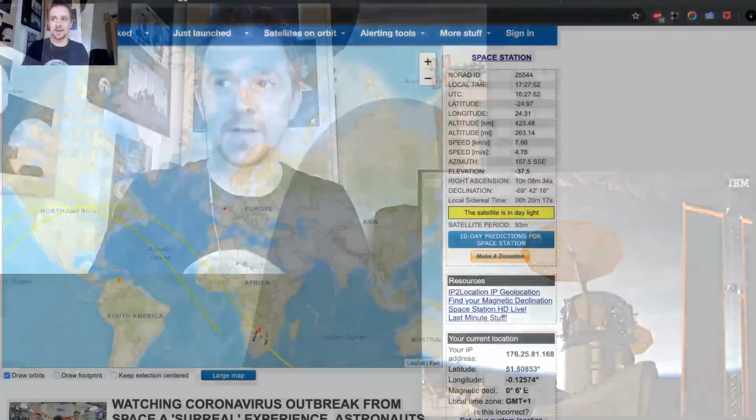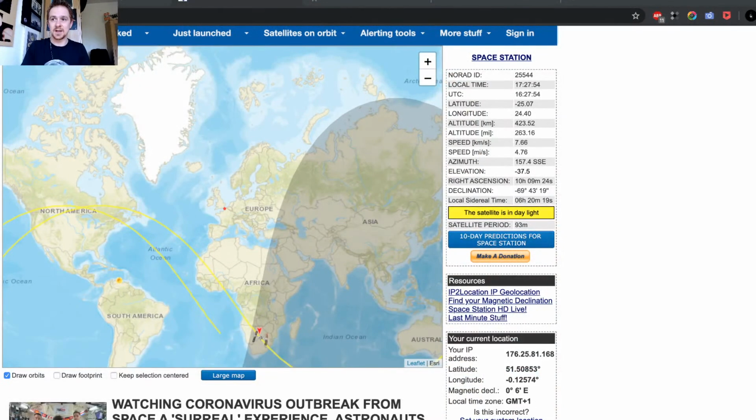The space station just entered at the bottom of Africa, and if I quickly change it back, you see that the space station is now getting into Earth shadow. Below it is pretty dark, but the space station is almost glowing because the sunshine can still illuminate it. So yes, these are pretty cool things.